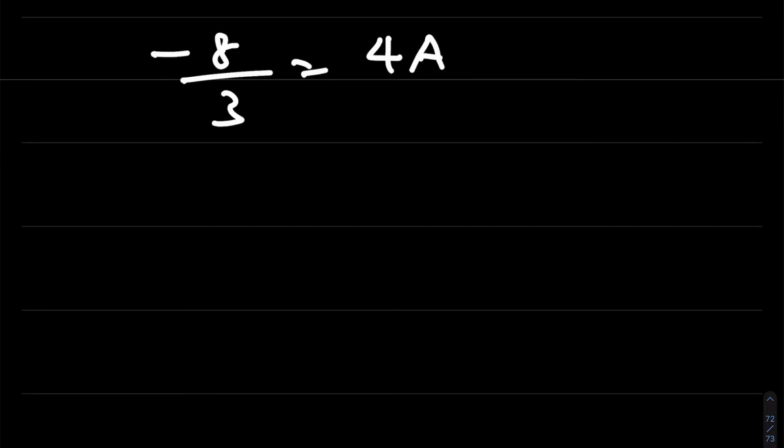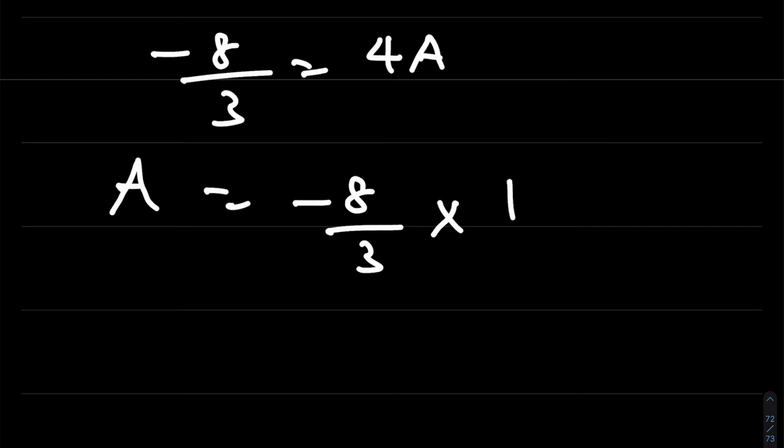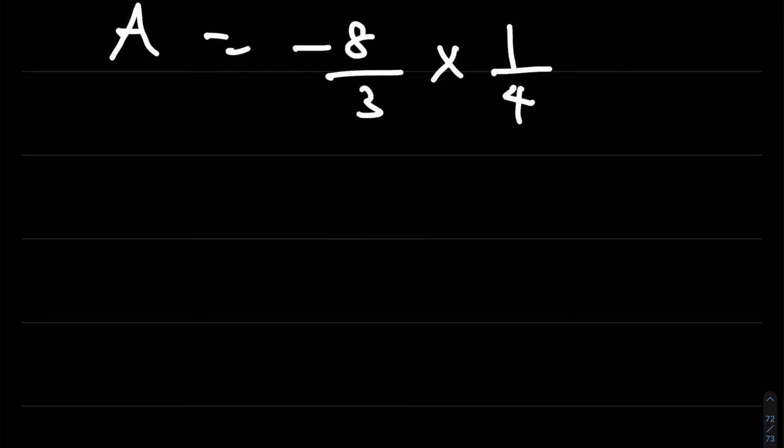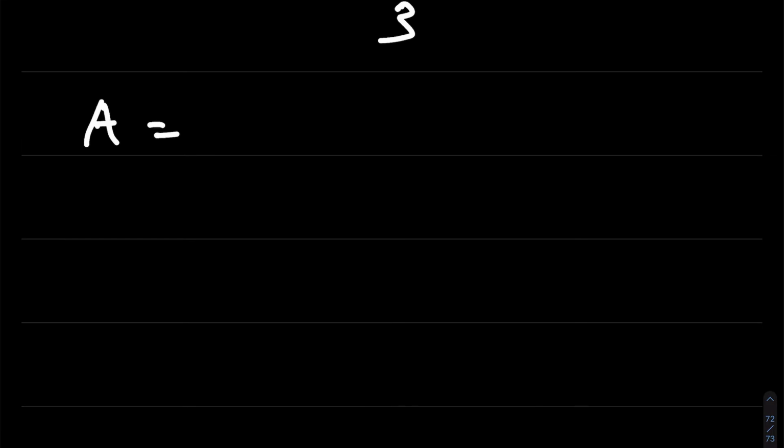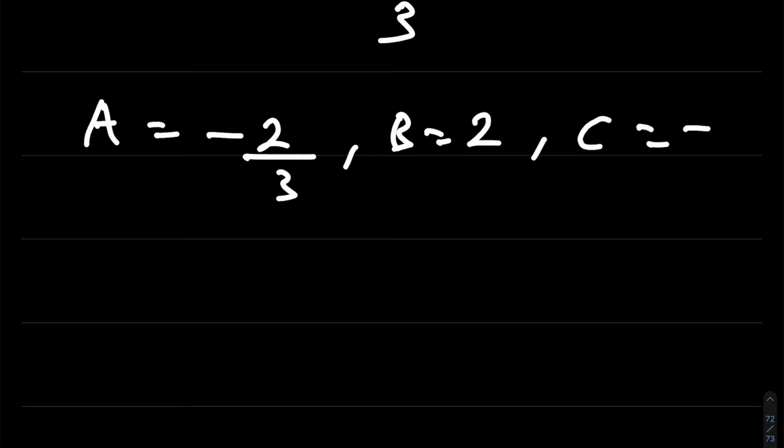And when you divide both sides by 4, a will be equal to minus 8 over 3 divided by 4, which means times 1 over 4. And that means a equals minus 2 over 3. So now I know all the constants. A is equal to minus 2 over 3, b is equal to 2, and c equals